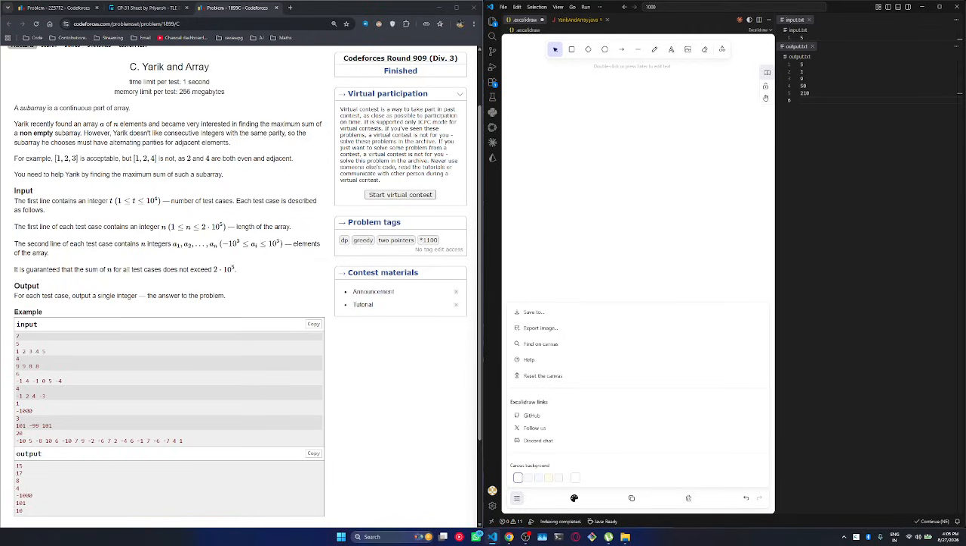Yarik recently found an array A of n elements and became very interested in finding the maximum sum of non-empty subarrays. However, Yarik doesn't like continuous integers with the same parity. So the subarray he chooses must have alternating parities for adjacent elements. So two things: what does adjacent mean and what does parity mean? Parity is basically nothing, it should be either,